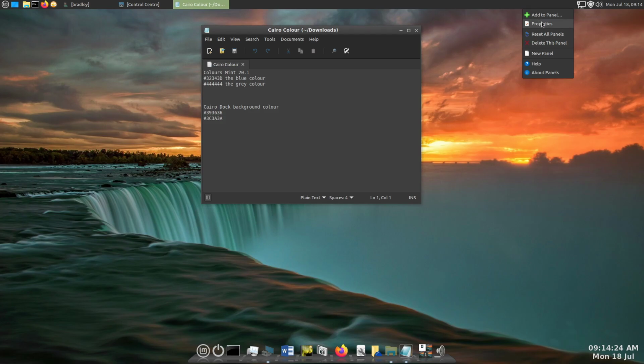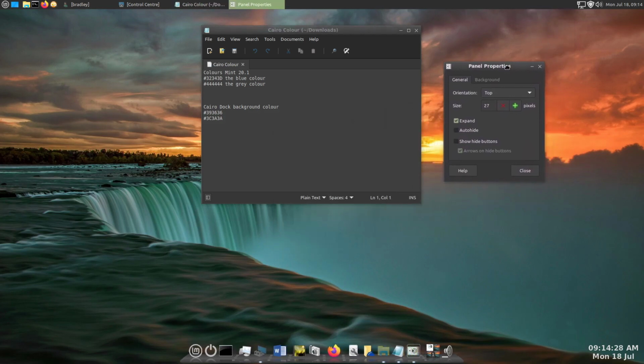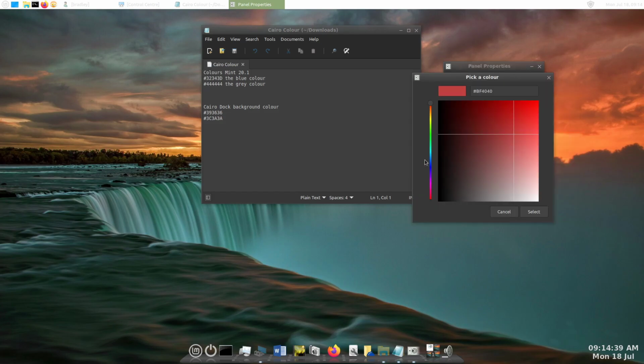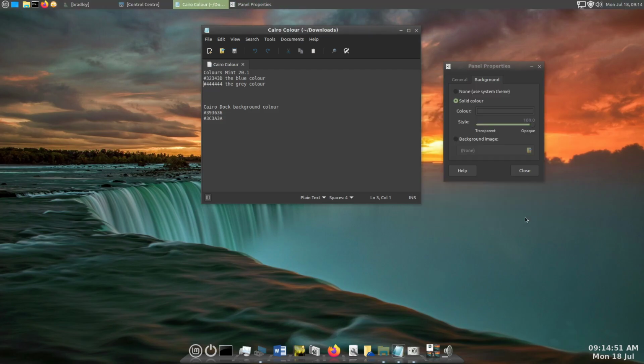Let's go right click the panel and go to Properties, and we'll go to Background, and we're going to use a solid colour, and we click on this white section here, and then we hit Custom, and let's just try, this is the grey colour, let's see how close that is. So we'll copy that, we can just paste that into there, hit Select, and that's looking pretty good. We'll give it a little bit of